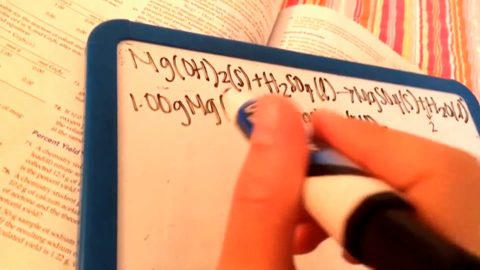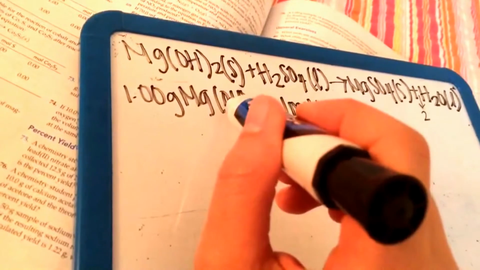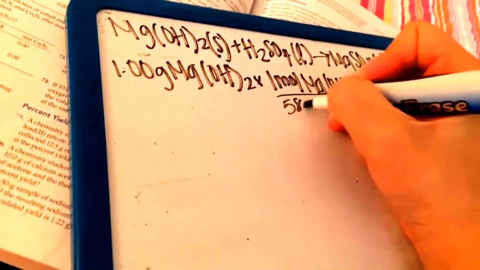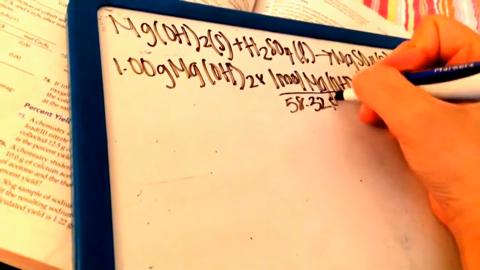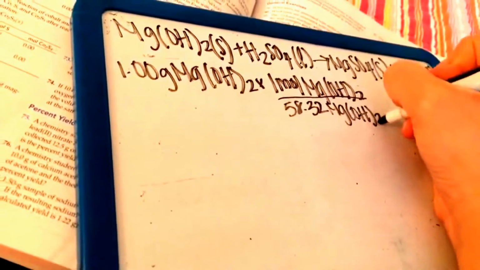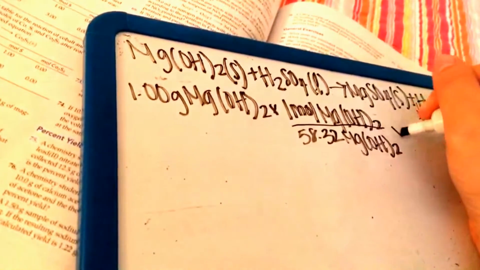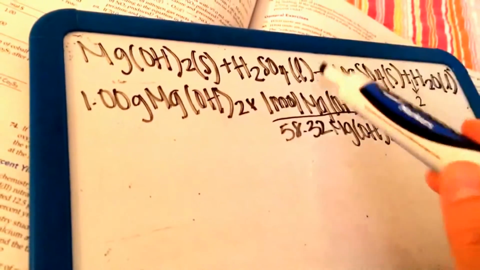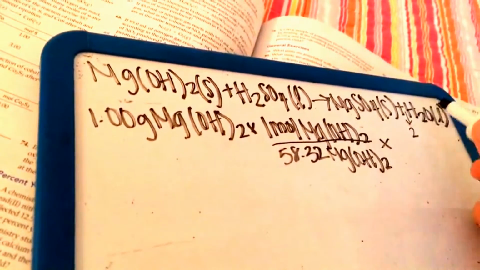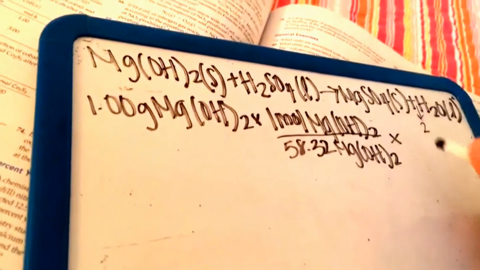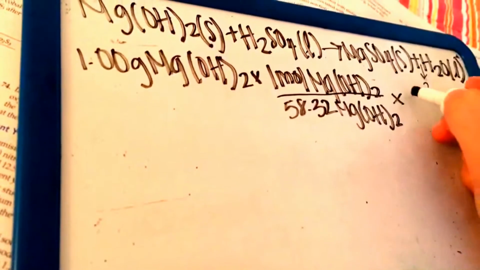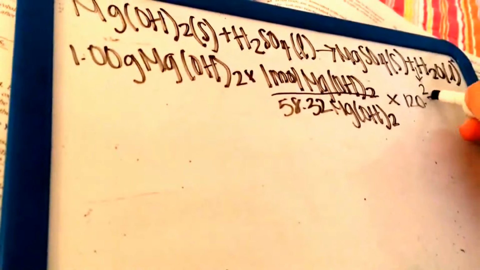So Mg is 24.31, O is 32, and H is 2.01, which gives me 58.32 for Mg(OH)2. Then I'm going to multiply this because I'm trying to find out magnesium sulfate, which is this right here. So like I said, Mg is 24.31, S would be 32.07, and O is 64. Which gives me 120.38